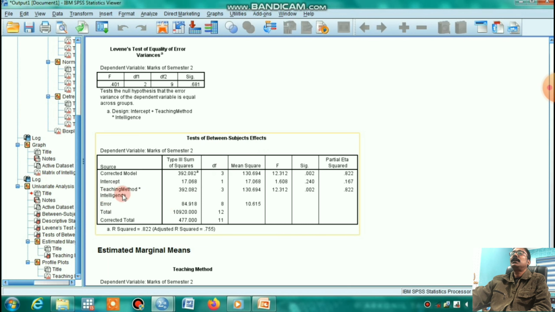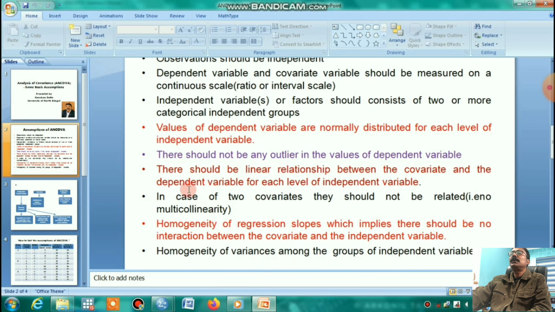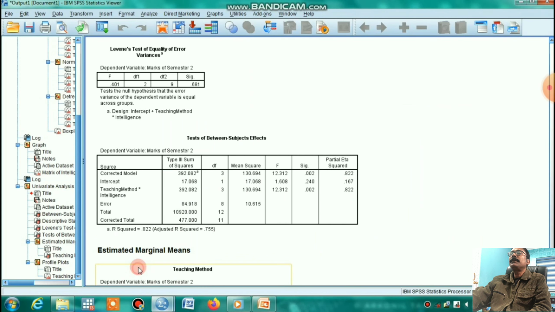That means this data violates the assumption of homogeneity of regression slopes, which implies there should be no interaction between the covariate and the independent variable. But our result shows a significant interaction between teaching method and the covariate.